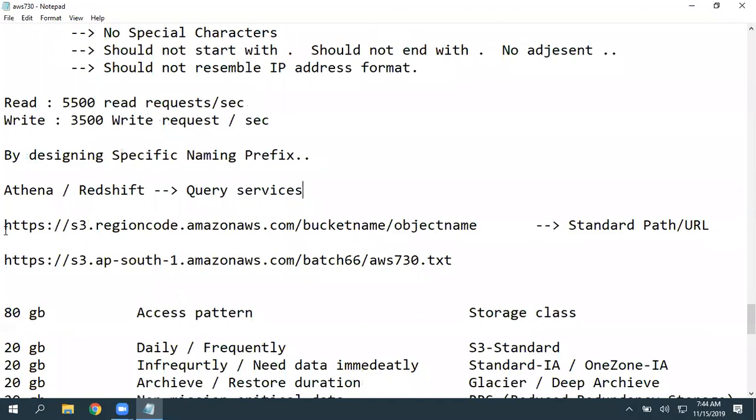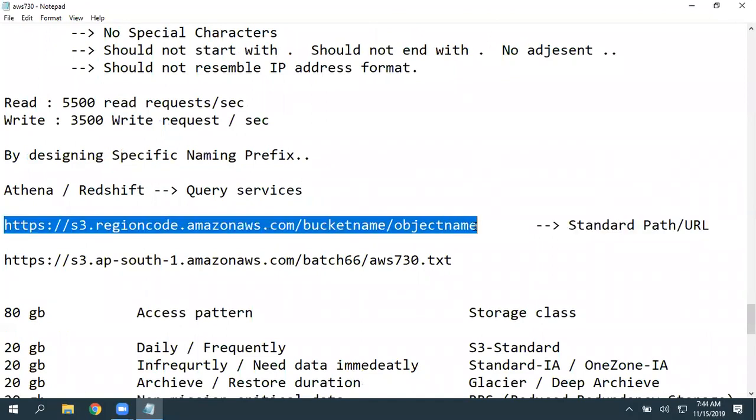And whenever you are creating a bucket, this is the standard naming format. HTTP, yes, :// S3, in whatever region you created this S3 bucket, .amazonaws.com / what exactly the bucket name, then / what exactly the object name. Again, directly this URL will not work.